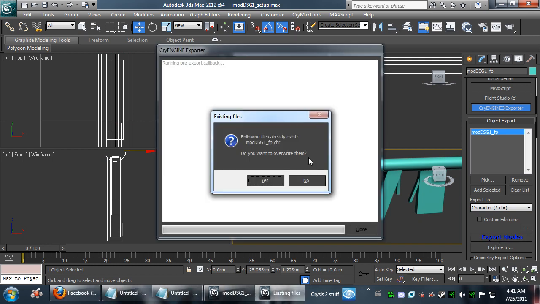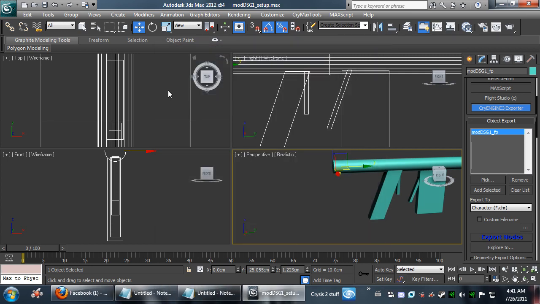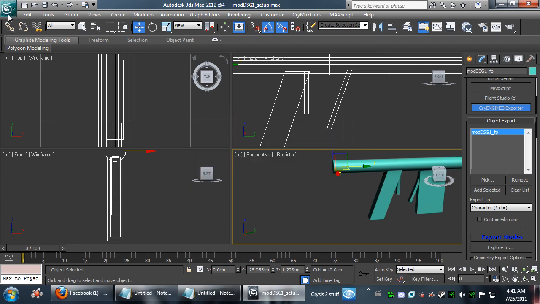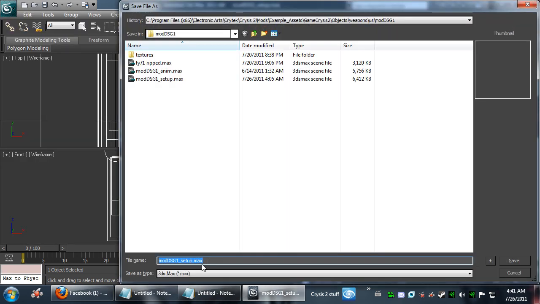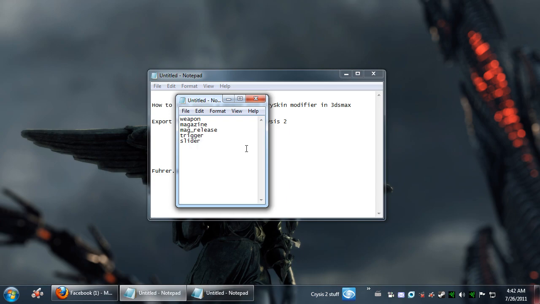And then go ahead and hit export nodes, and it'll ask you, would you like to replace the previous? Yes. It'll flash done, and you're done. And you can go ahead and close that. You want to save your changes? Actually, don't hit yes. Go ahead and hit cancel, then save as. Save it as something different so you don't overwrite your original and mess it up. We'll name this tutorial. Go ahead and close that. Alright,